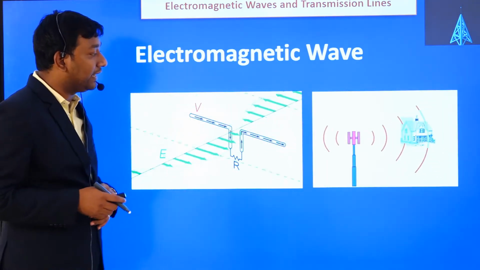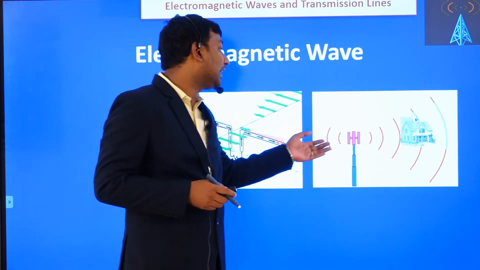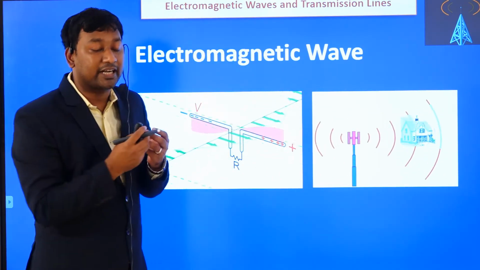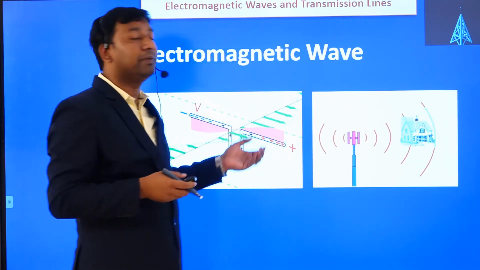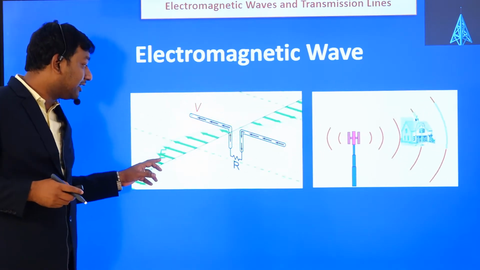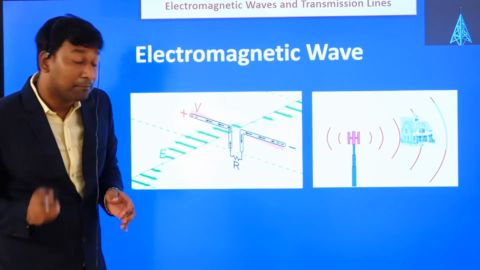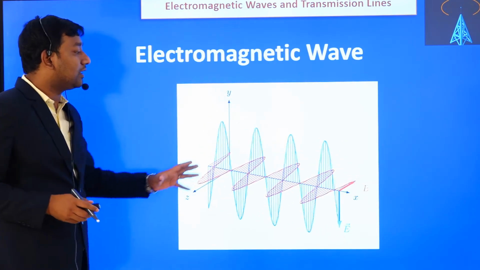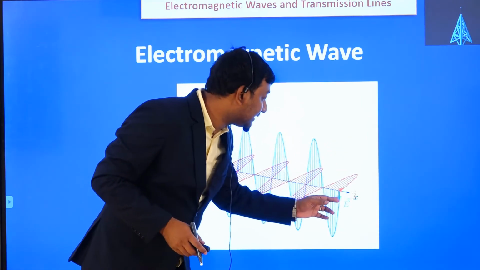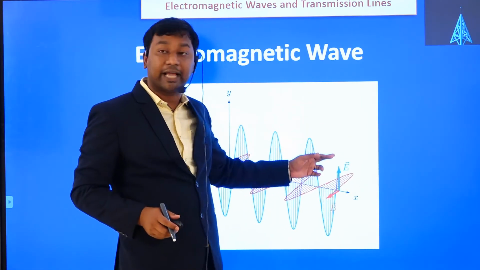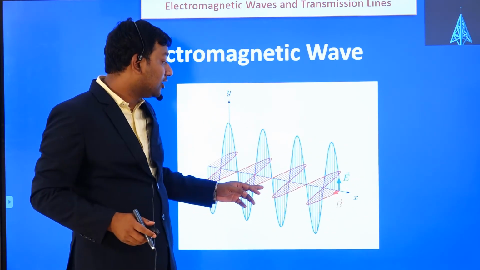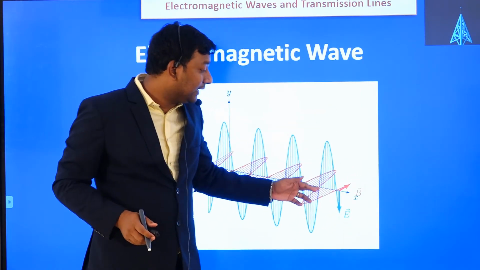It moves around like that, and it transmits through an antenna, covering the area and carrying the signal. Here only the electric part is available; the magnetic part we are not able to see. But in the next slide we can see how the electric and magnetic fields are there. In blue we can see the electric field, how it varies with time, and the magnetic field also, called the B magnetic field vector.